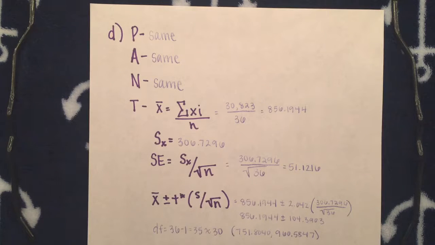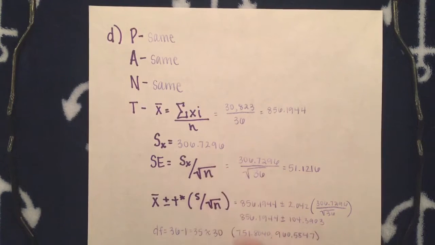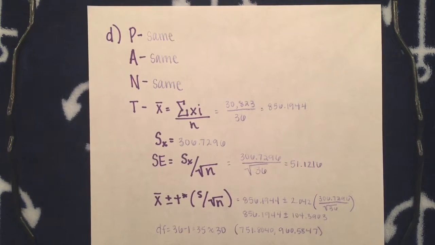A is the same, N is the same, so T. So since we got rid of the two highest ones, the mean is obviously going to change. So our new mean is 30,823 divided by 36, which is 856.1944. Our new standard deviation, after plugging all the new data into the calculator, is 306.7296, and our standard error would be our standard deviation over the square root of n, and these change